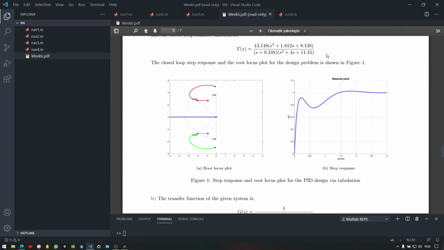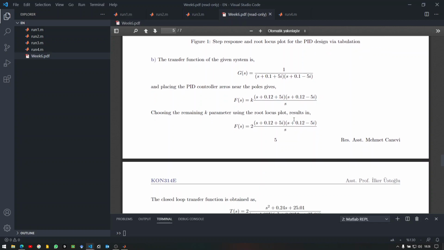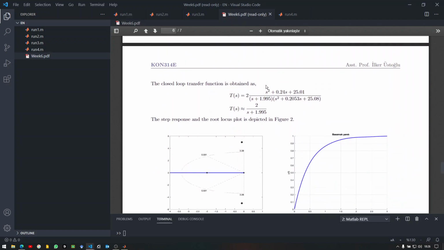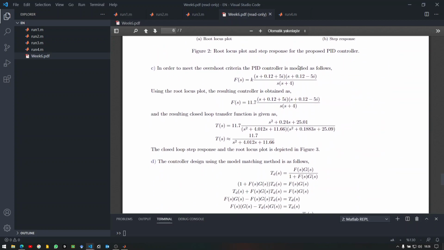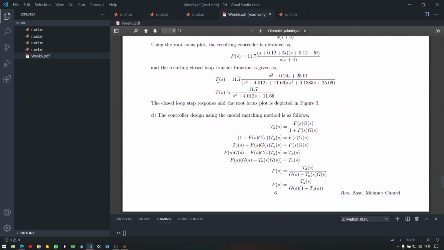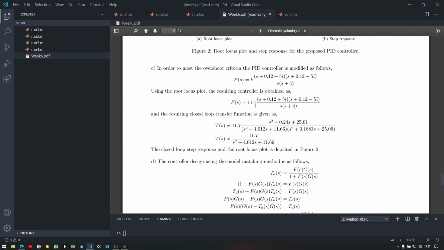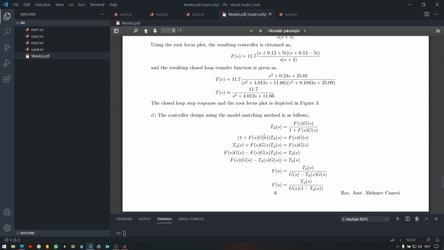Now we can see that this is basically the tabulation result here. We get this root locus looking at the loop function here. And then method B, where we use the pole zero cancellation, we get this result here. We've covered that already. And by adding just one pole at -4, we can use this here. If this is an approximate cancellation, it also works. You can see that this cancellation is almost done, and you can just approximate it like this, like a singular